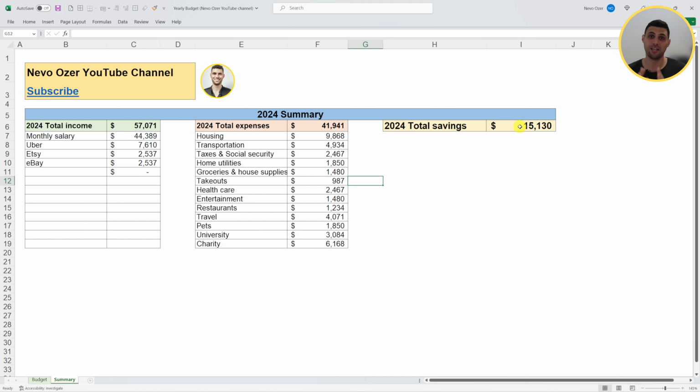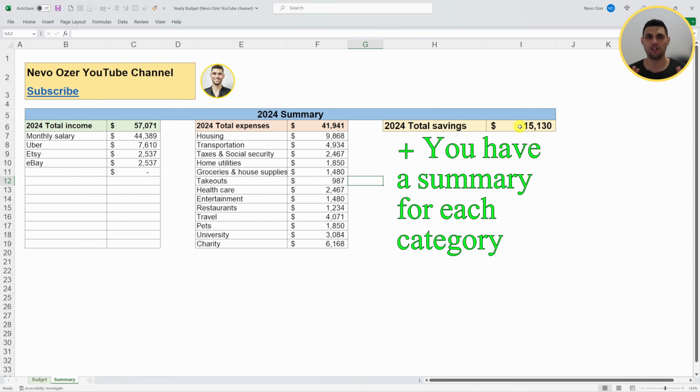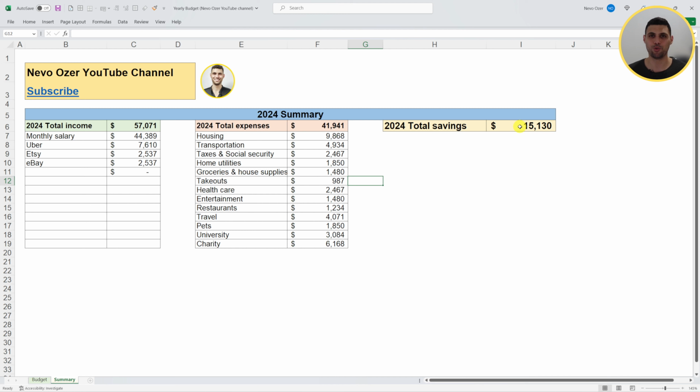So basically, you can use this summary tab whenever you want to see the aggregated data for a couple of months. Now, you don't have to have the entire year filled. You can also do it if you only have 2 or 3 months of data. So this is basically how you should use this budget to track your income, expenses and savings throughout the year and make sure that you stick to your plan. And now let's jump back to the video.